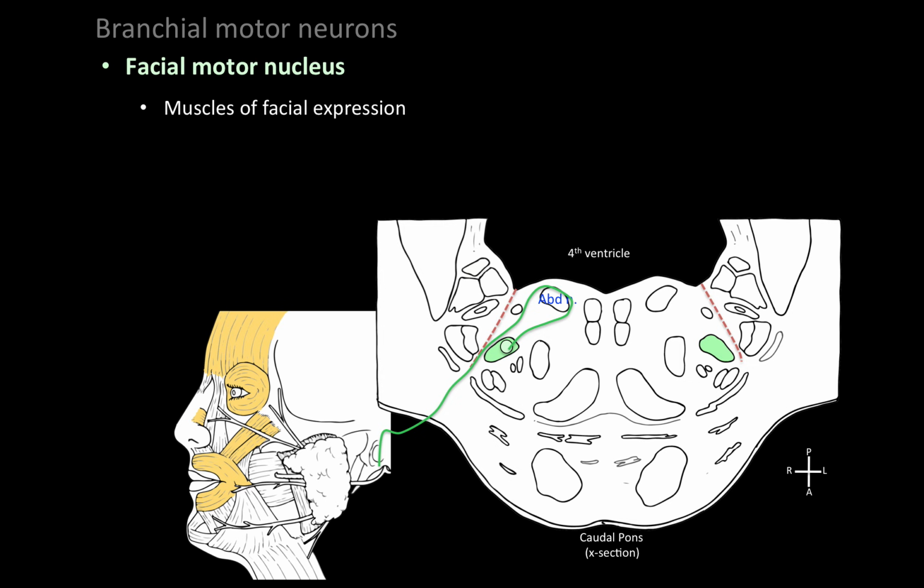Okay, so the facial motor nucleus gives rise to axons that innervate muscles of facial expression. These are the muscles that are found in the subcutaneous region of the skin. Muscles like our frontalis, that on the forehead, that helps wrinkle your forehead, or orbicularis oculi muscle, the sphincter muscle that closes your eye tight, or the nasalis muscle and associated nasal muscles that helps flare the nostrils, or our zygomaticus major and minor muscles that help you to lift the corner of the mouth to smile, or your orbicularis oris muscle, another sphincter-like muscle that helps you close your mouth or to pucker your lips, as in going for a kiss. And so there we have some, not all, but some significant muscles of facial expression that the facial